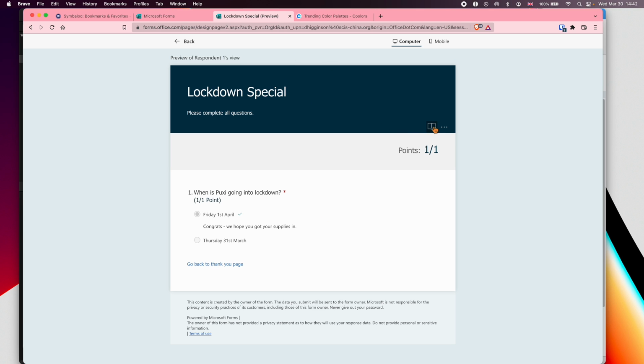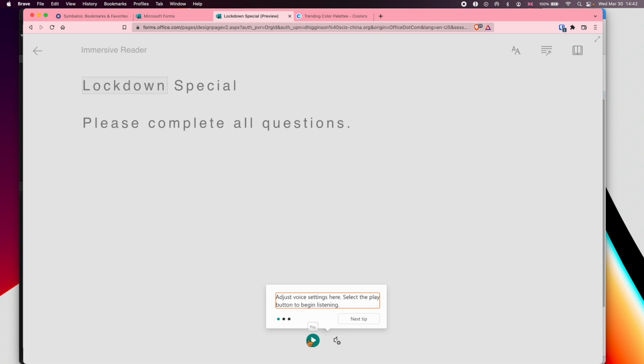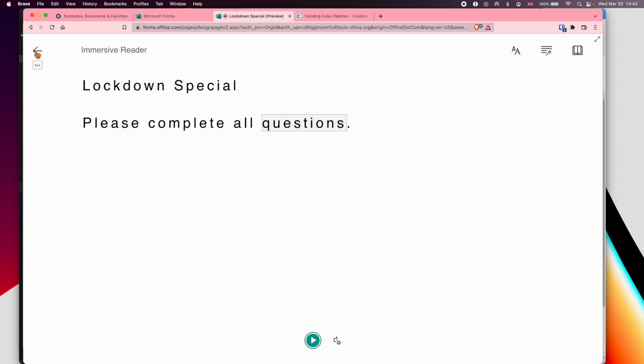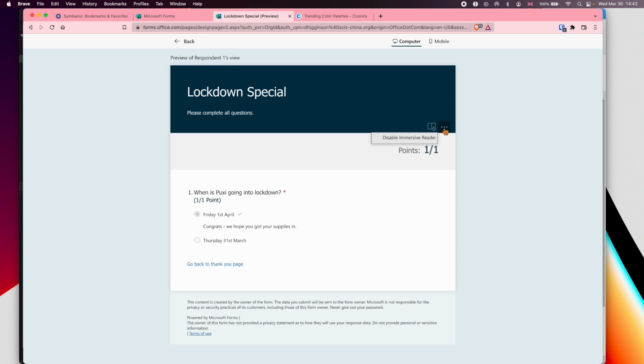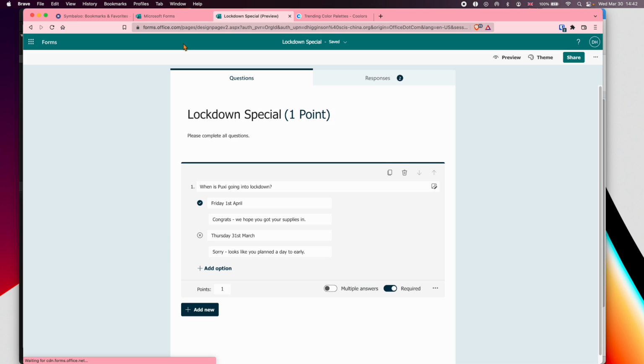And just while we're here, these are all our options that the person can see. So you've got the accessibility feature here. Lockdown special. Please complete all questions. Pretty cool. Okay, the immersive reader, always handy to have there, and then you've got disable immersive reader if you don't want it. This had another question. Now, like I said earlier on, in my opinion I would only recommend using choice and